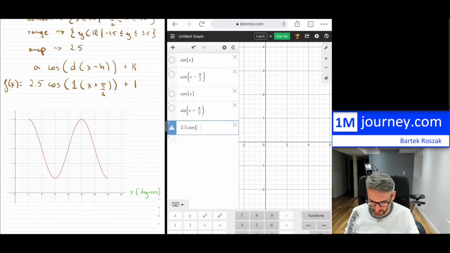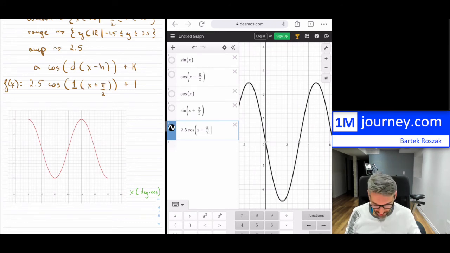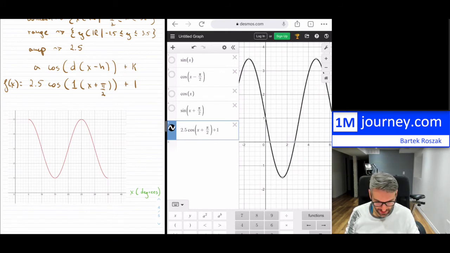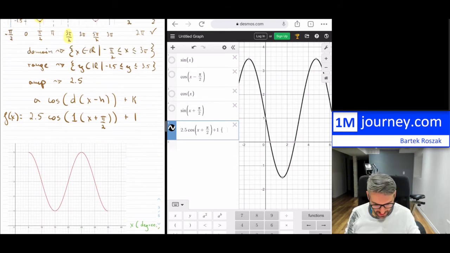I'm not going to write that 1. So x plus pi. Notice you can actually write pi and it converts that for you. So we have that plus 1. Now we have it restricted. The domain is